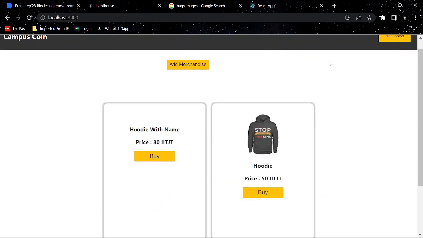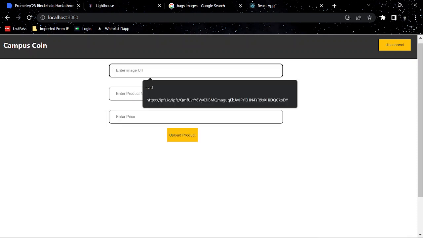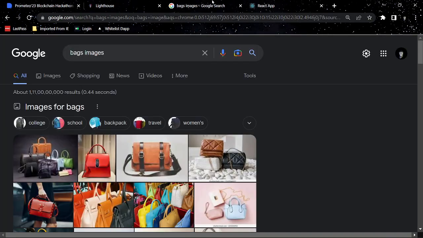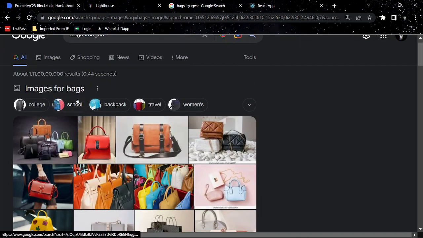From here I can add merchandise. So I'll just show you how I can add a merchandise by clicking. I have to submit an image URL, an IPFS image URL, a product name and price. So for this, I'll just grab an image from,